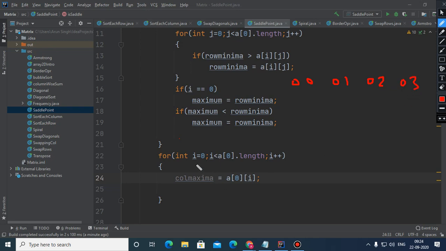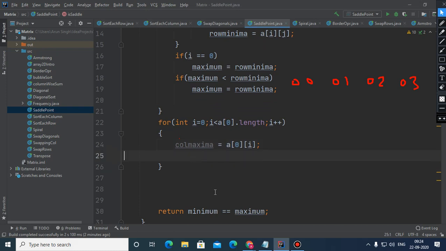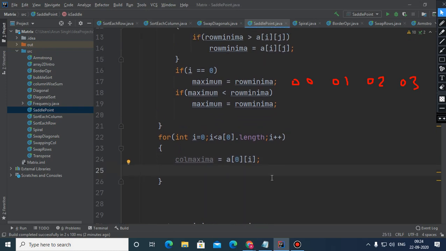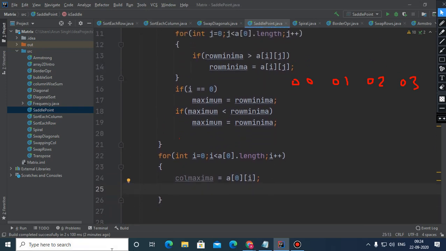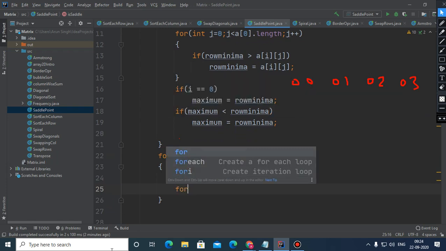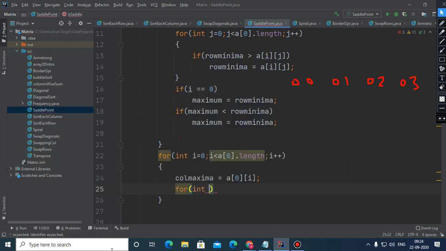So if the loop is going from 0 to 3, it is 0, 0 the first time, 0, 1 the second time, 0, 2 the third time, and 0, 3 the last time. This is what we need to write. Okay. After that, we need to traverse column wise. So for column wise, we need to write for int j from 0 till j is less than a dot length and j plus plus.